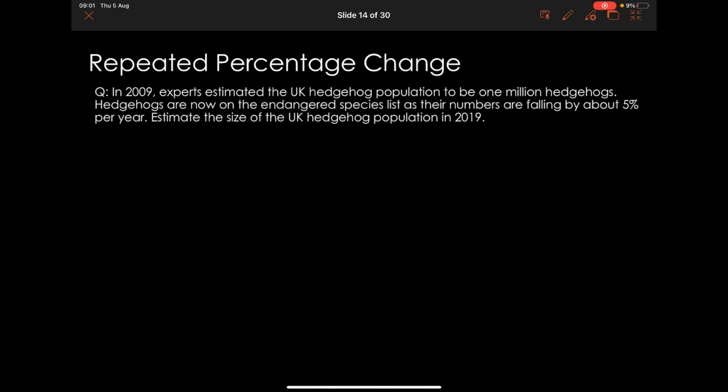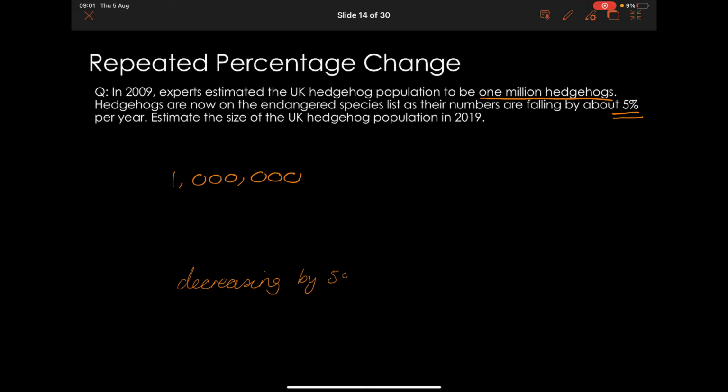So what we need to do is we need to realise that it says here, experts estimated that there are 1 million hedgehogs. So we start with 1 million hedgehogs. And they are now an endangered species with the number falling about 5% per year. Okay, so they are decreasing